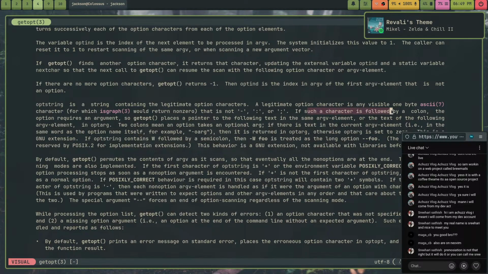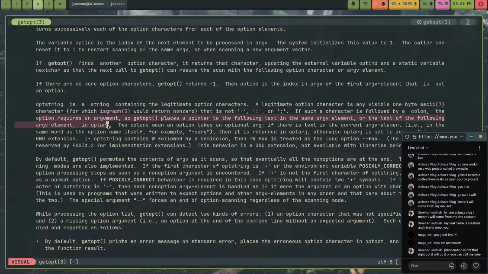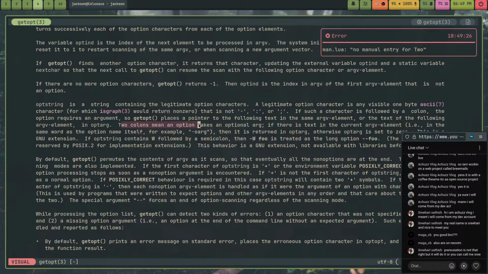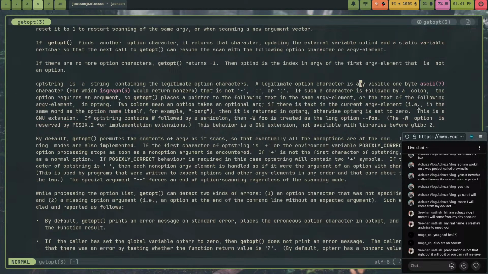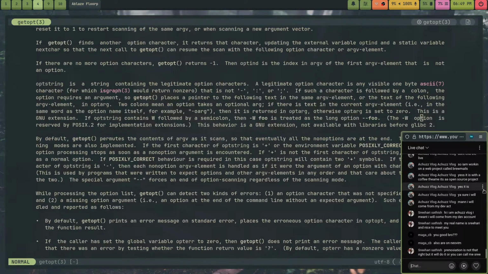If such a character is followed by a colon, the option requires an argument. So getopt places a pointer to the following text in the same argv element, or the text of the following argv element, in optarg. Aha. Two colons means an option takes an optional argument. If there's text in the current argv element, it is returned in optarg. Okay, so